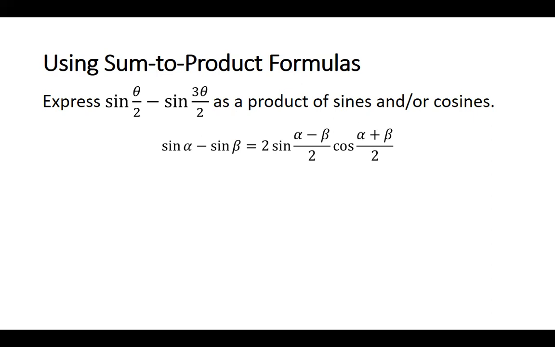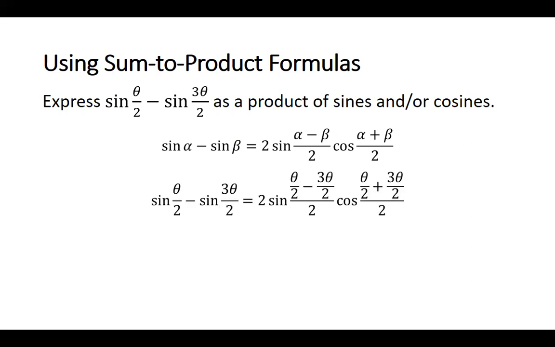So that's the difference of sines. Sine of alpha minus the sine of beta is equal to 2 times the sine of alpha minus beta over 2 times the cosine of alpha plus beta over 2. So the sine of theta over 2 minus the sine of 3 theta over 2 is equal to 2 times the sine of alpha, which is theta over 2, minus beta, 3 theta over 2, so theta over 2 minus 3 theta over 2, over 2, times the cosine of theta over 2 plus 3 theta over 2, over 2,